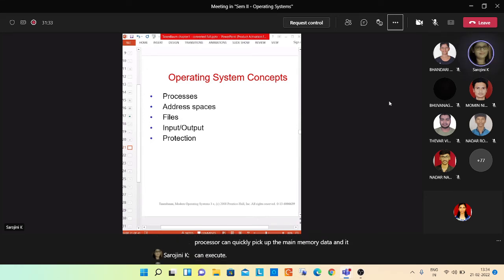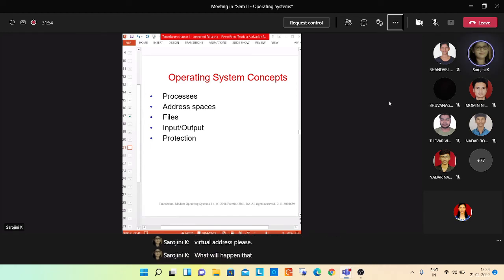Assume that there is a system call that requires a particular memory. For example, process A's execution got over. Now for the next execution of process A, it needs some data from its virtual address space. What will happen?